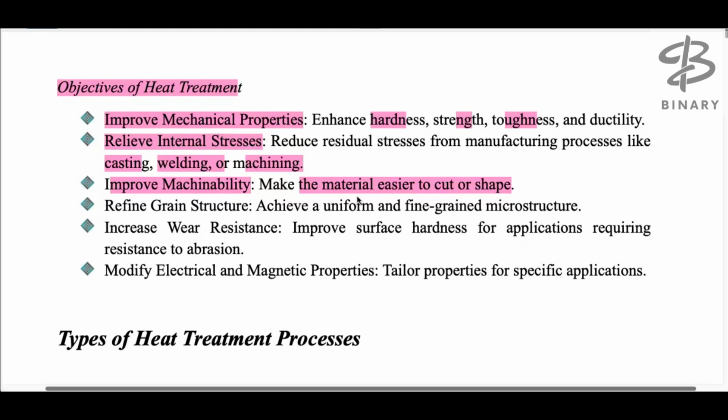After the heat treatment, what property are we getting? High hardness? No, hardness is basically reduced. Okay, so the hardness reduces, strength increases, toughness increases, and ductility also increases. And if ductility increases, it means our machining capacity is increased. Okay, so